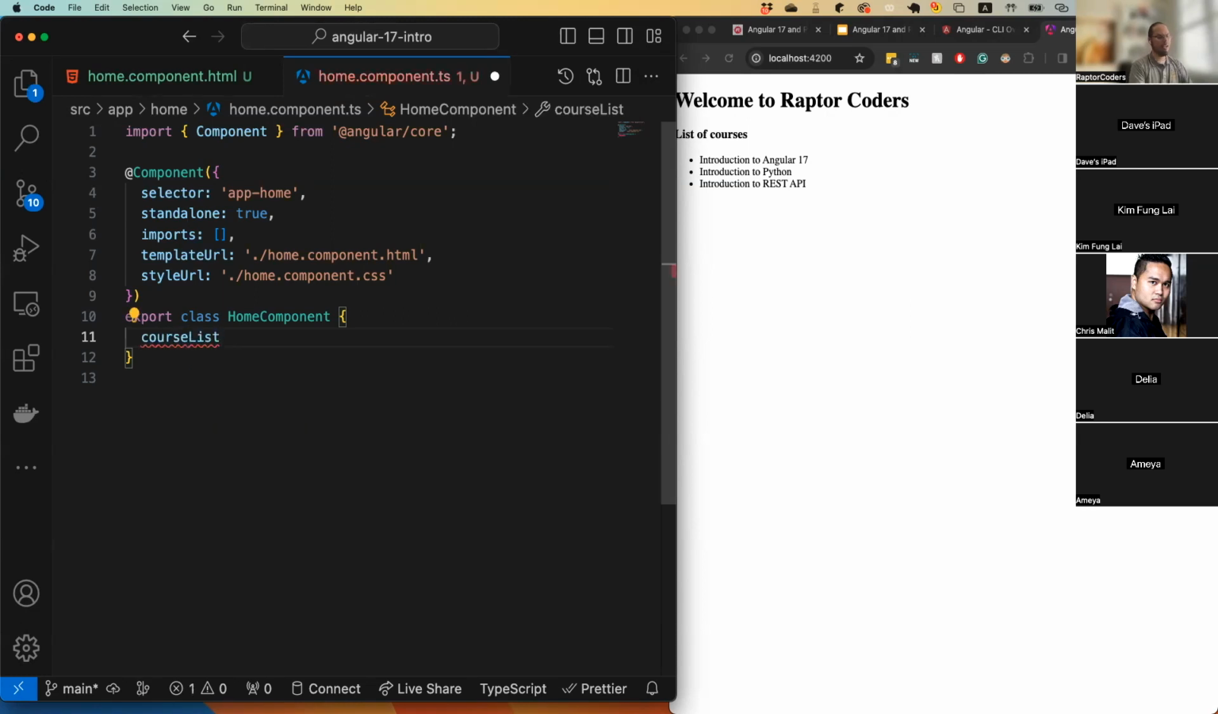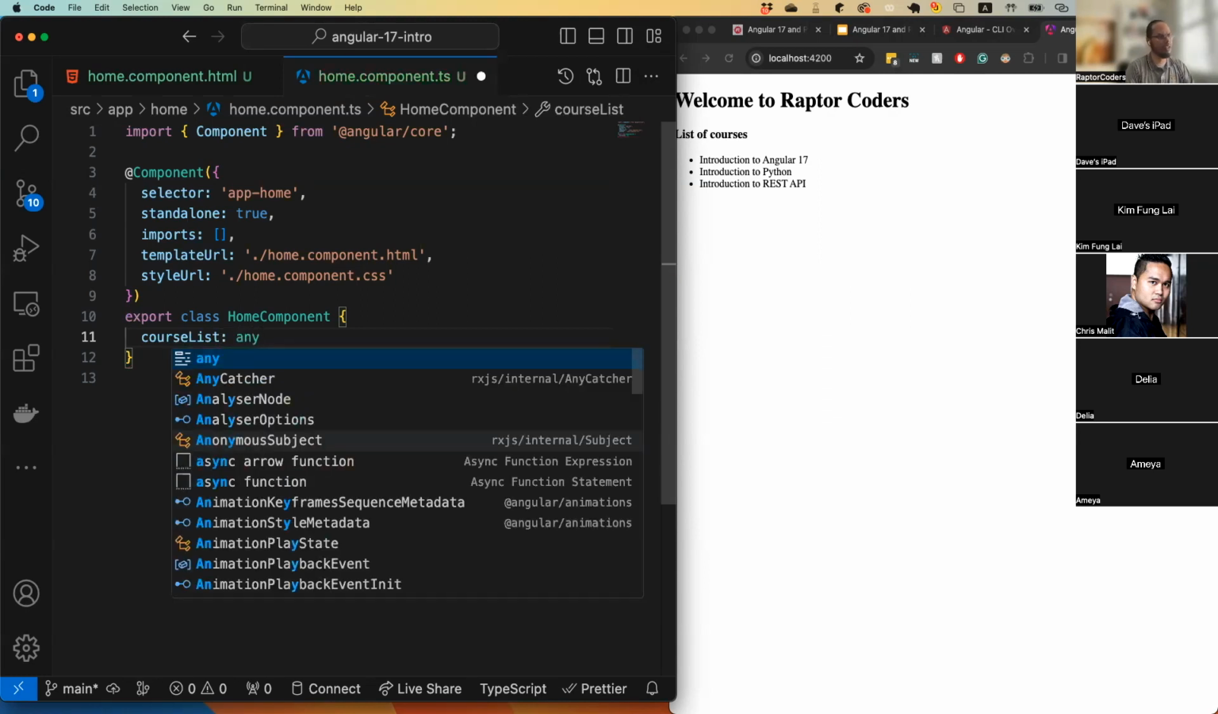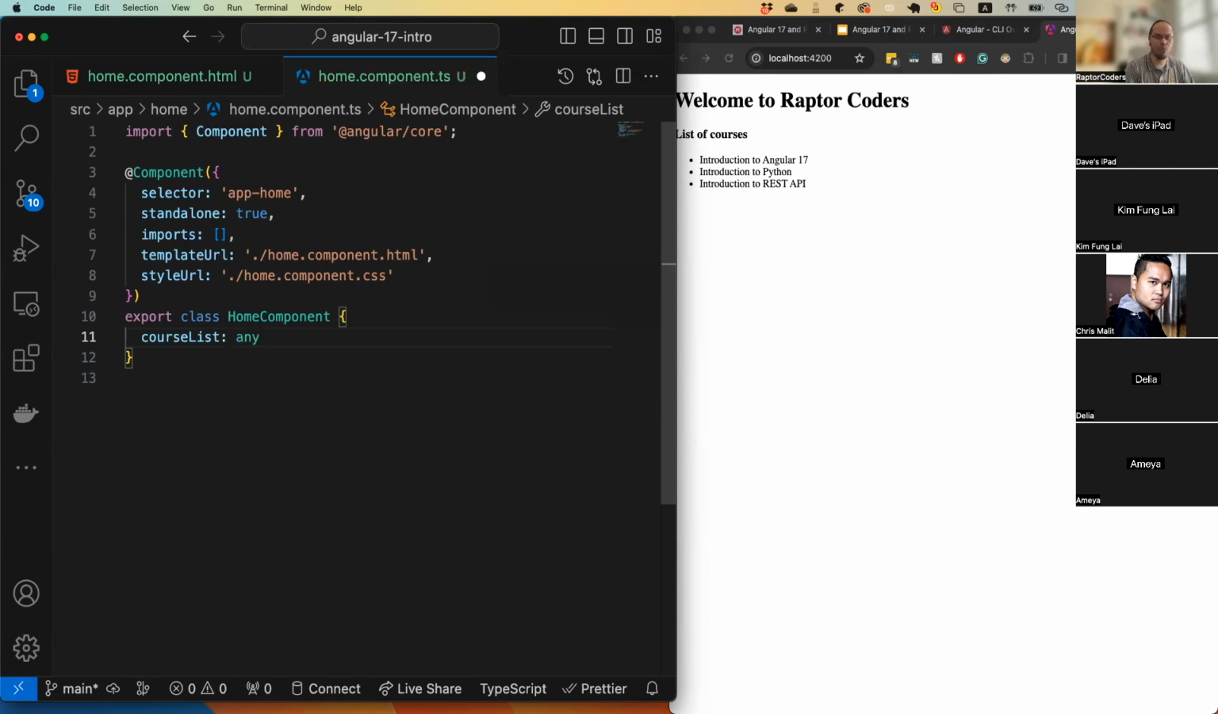Okay, and course list is of type any. We are not writing JavaScript here. We are writing TypeScript, which is created by Microsoft, by the way. The language that we're using here to write this code, you can see that home.component.ts, TS stands for TypeScript, created by Microsoft. So using TypeScript to declare the variable and say that, hey, my course list is an array,